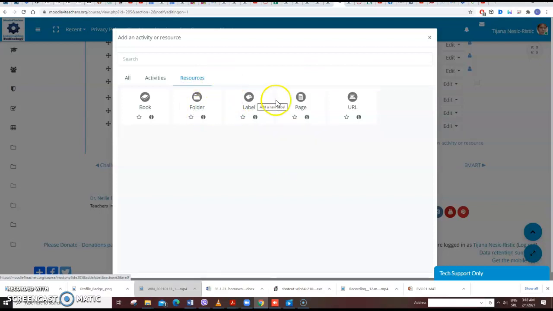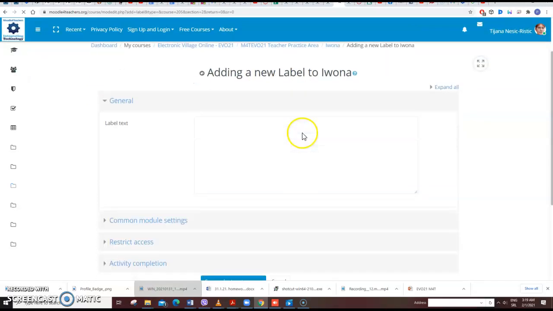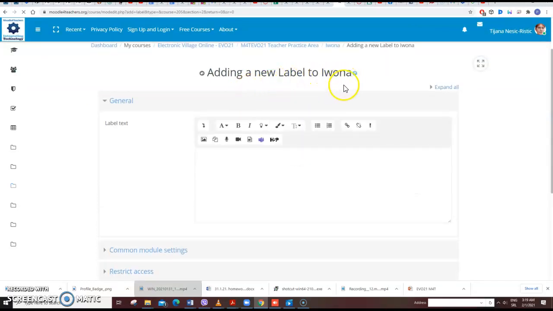So let's do the label. It takes a couple of minutes. And adding a new label to Ivona. There were some changes of the name of the group. So here I get this window and